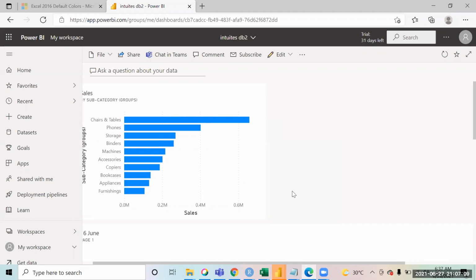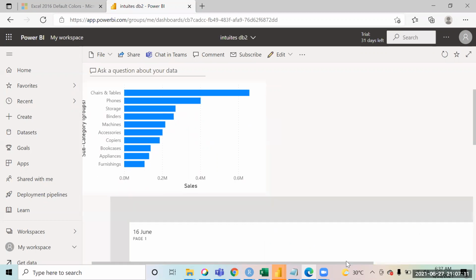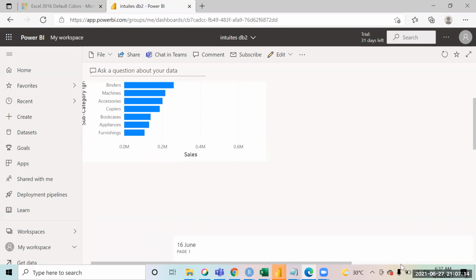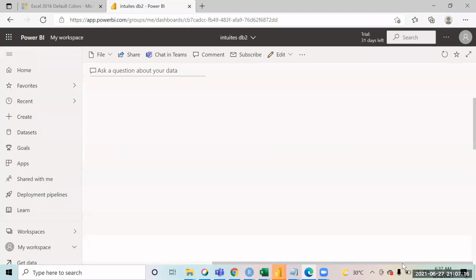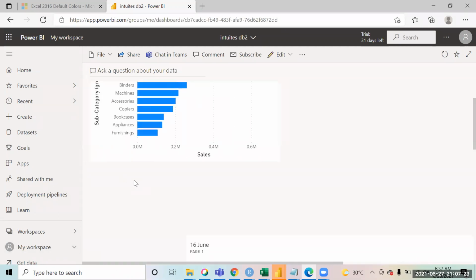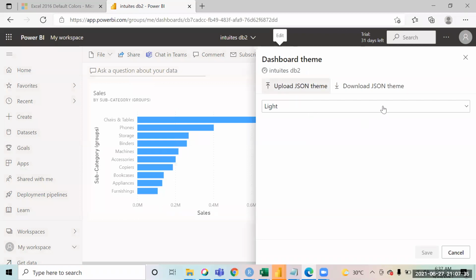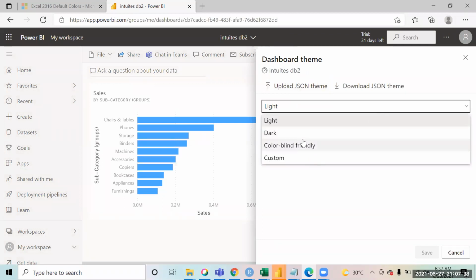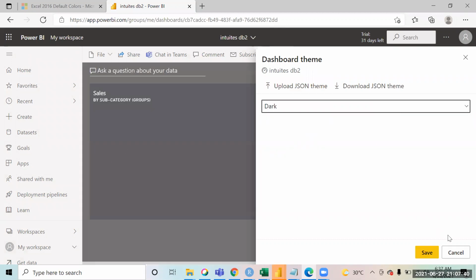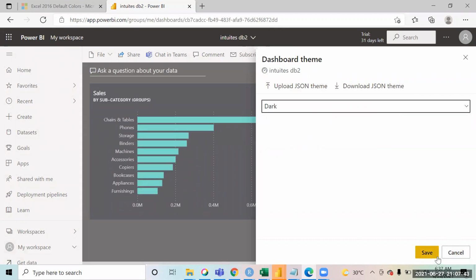And can we add a title or some sort of text box in a dashboard? Dashboard title, you can get that option there. There are some settings also that you get over here. Right, so you have these themes you can apply. You have some themes now which are available. You want to make it dark and all, so you can do this.